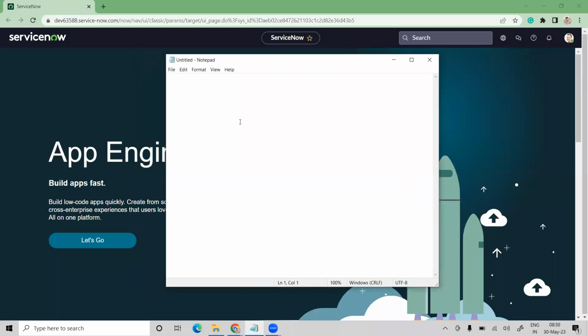So today we are going to discuss catalog items. Write it down. Catalog items. The catalog item